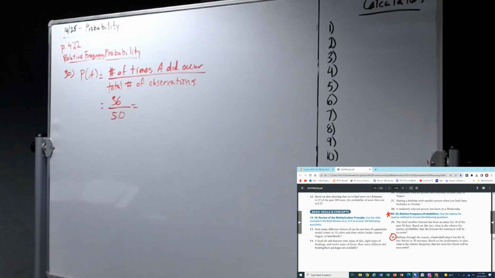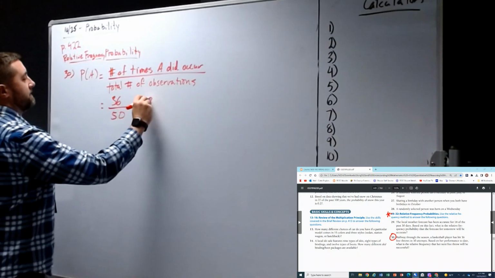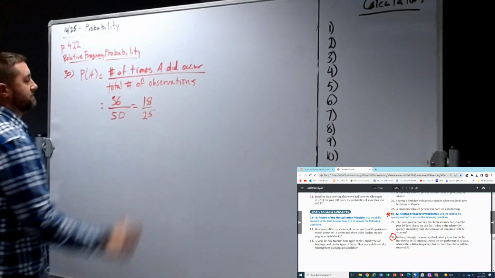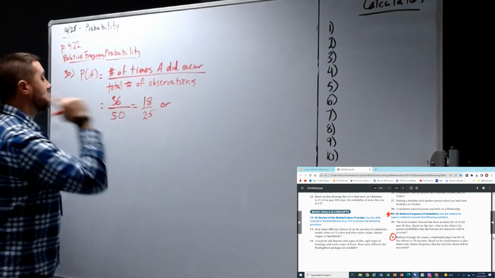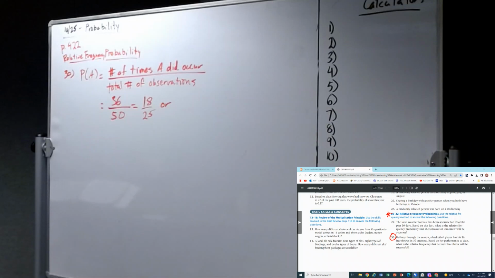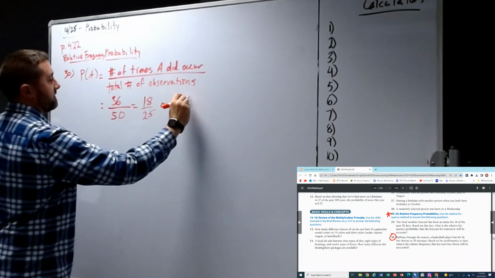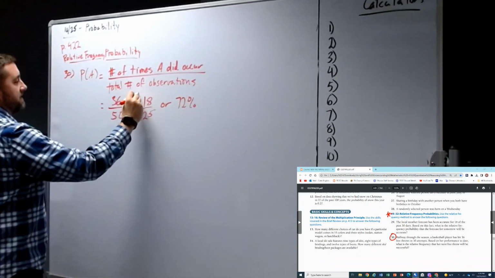Not 12. 18, yeah. 18 over 25. Very, very close. Much like her. All right, so when you make that into a percent, what percent is that? Is that 72%? All right, good deal. Yeah, so she's pretty good. She's a 72%